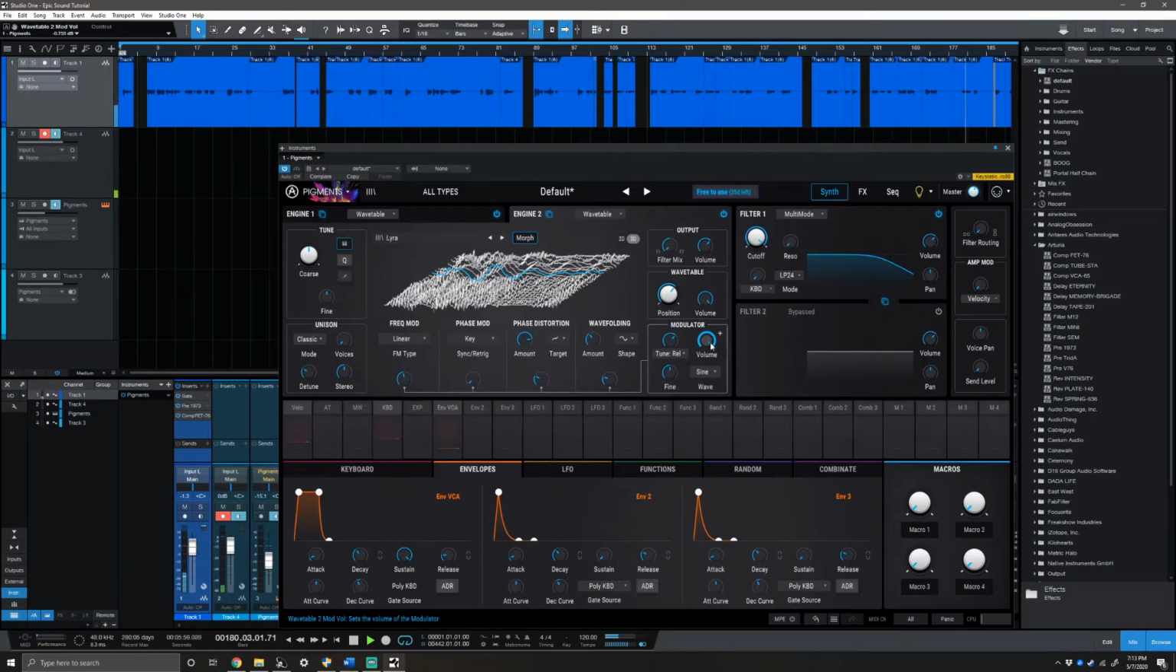And once again, we're going to modulate both of these fines later on. So right now we're at